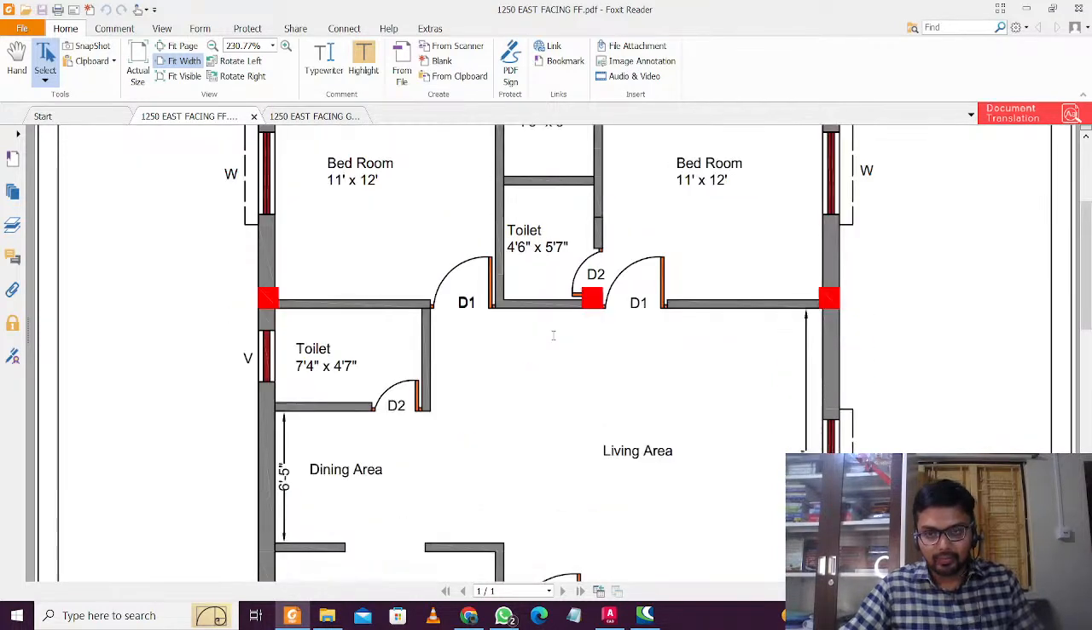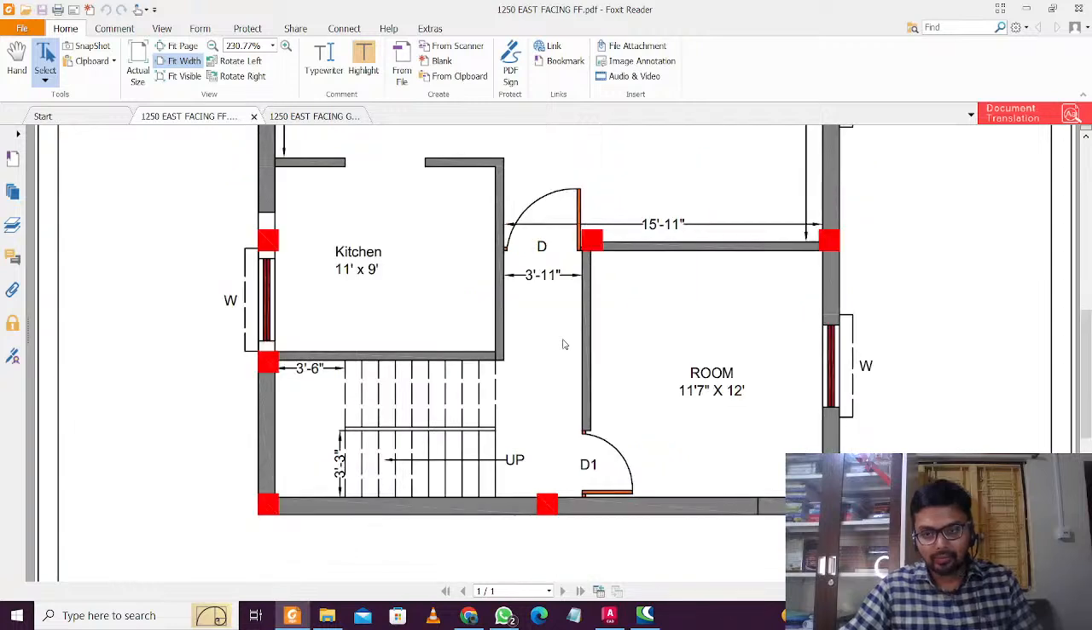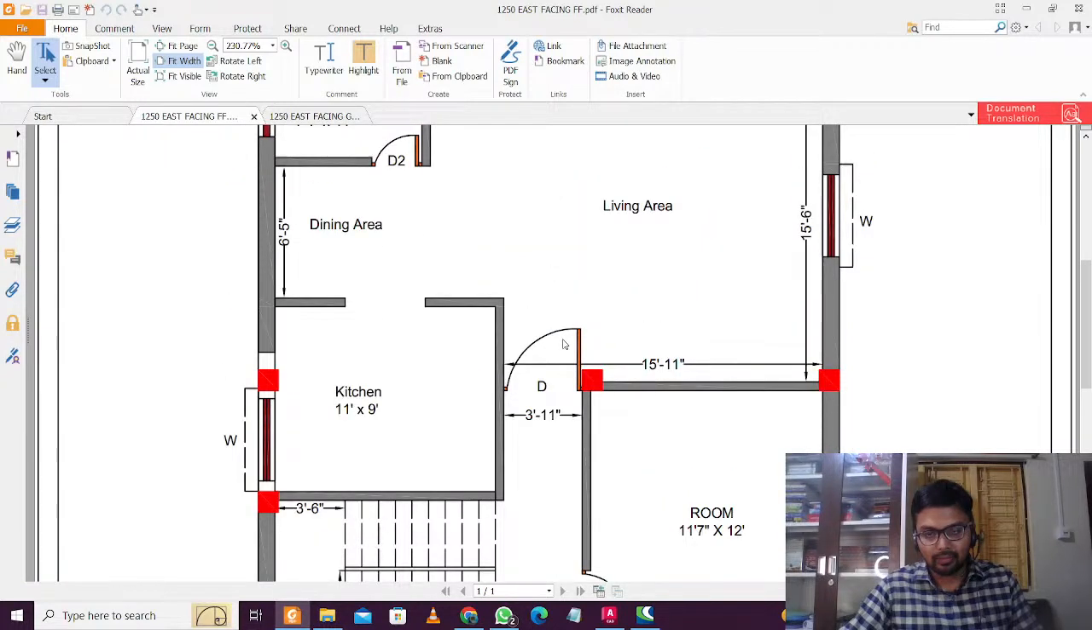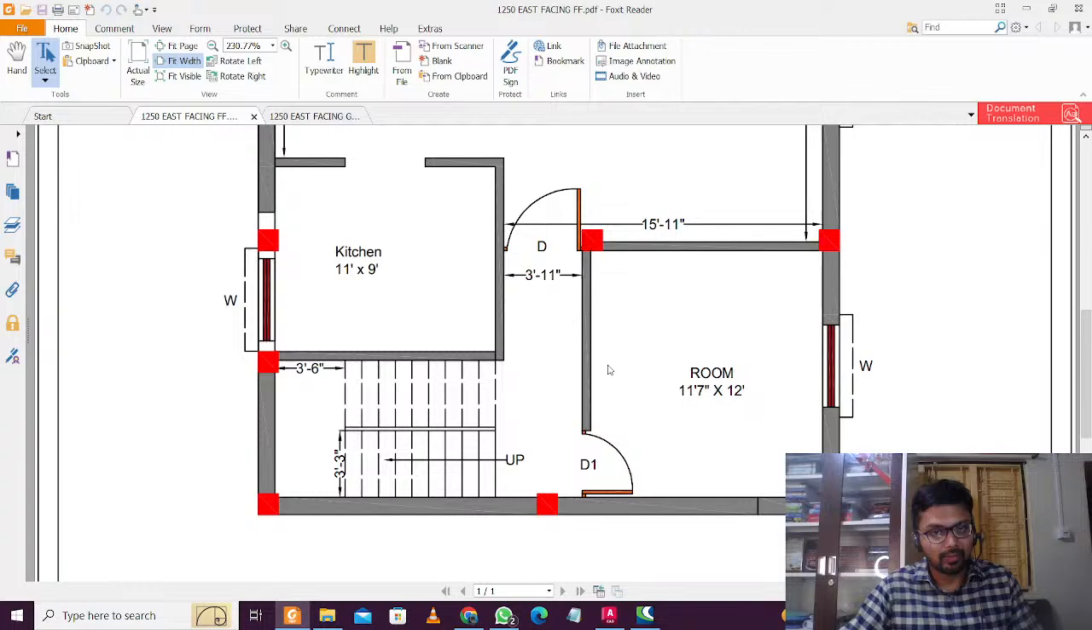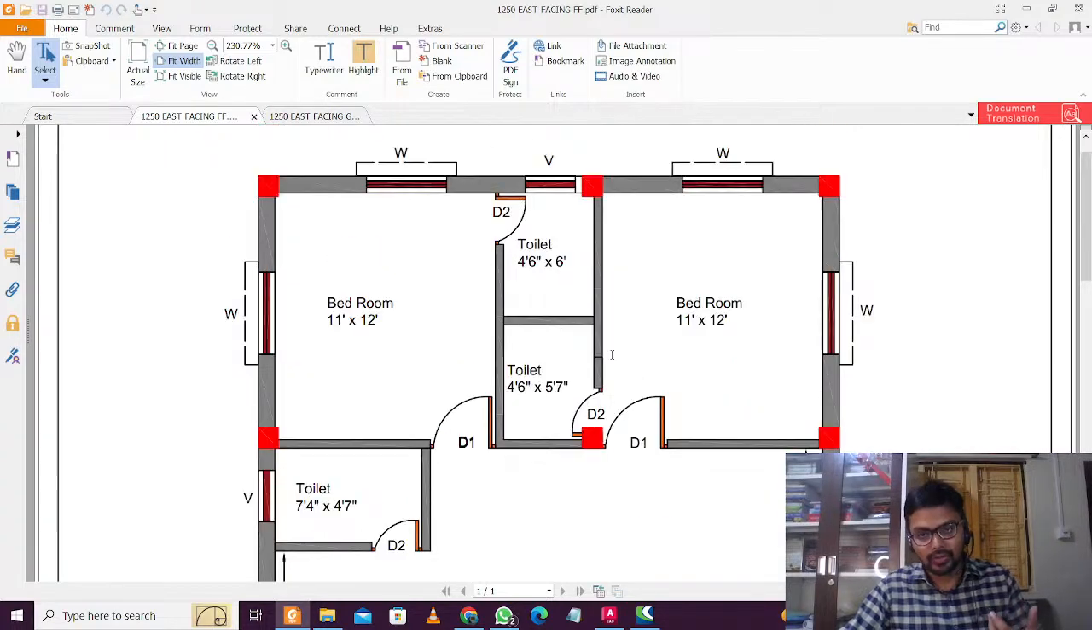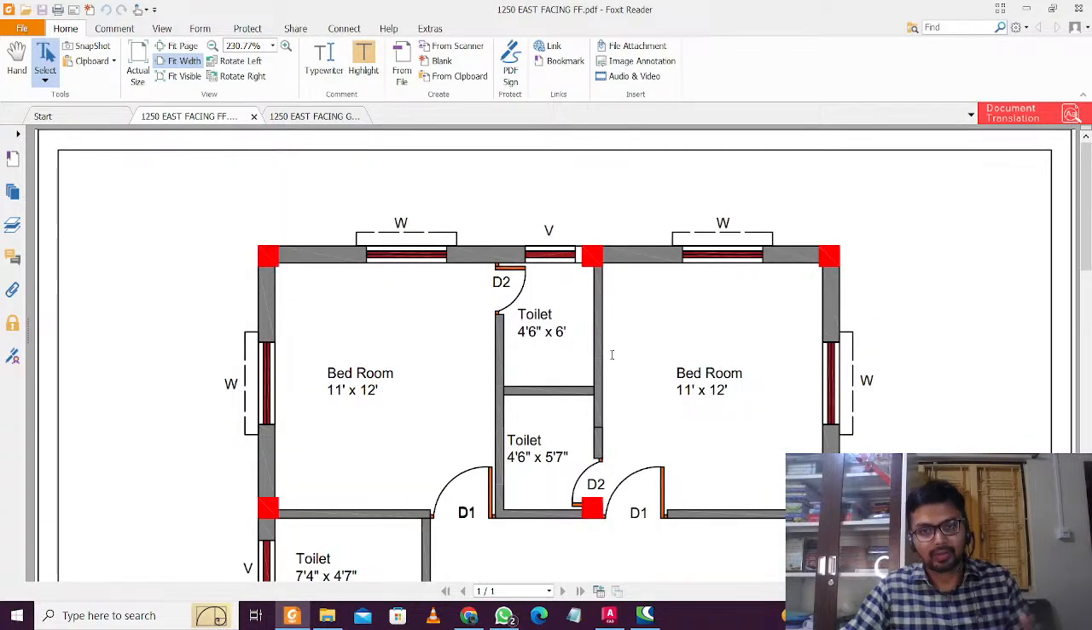And so this is pretty much how you do this, and we have a lot of other things which we want to do right now. We'll do the elevation, we'll do the sections, and we'll move on to structural drawings, and then maybe the structural design software, interior